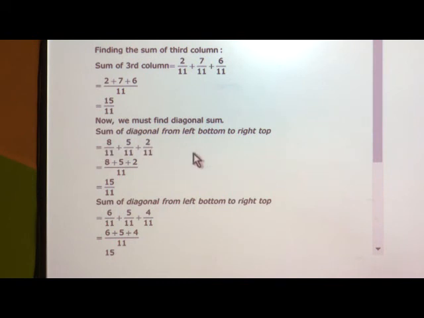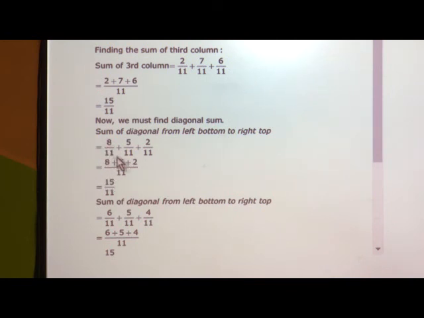Now the cross, or we can say the diagonal. Diagonal means from this end to this end. It is known as a diagonal, from left to right or right to left. So we have some fractions given in the magic box. Here we have the fractions for the sum of diagonals. Sum means again addition. We will add these fractions from left bottom to the right top. This is your left bottom to the right top. All the fractions we get, which are given in our magic box, we have to add.